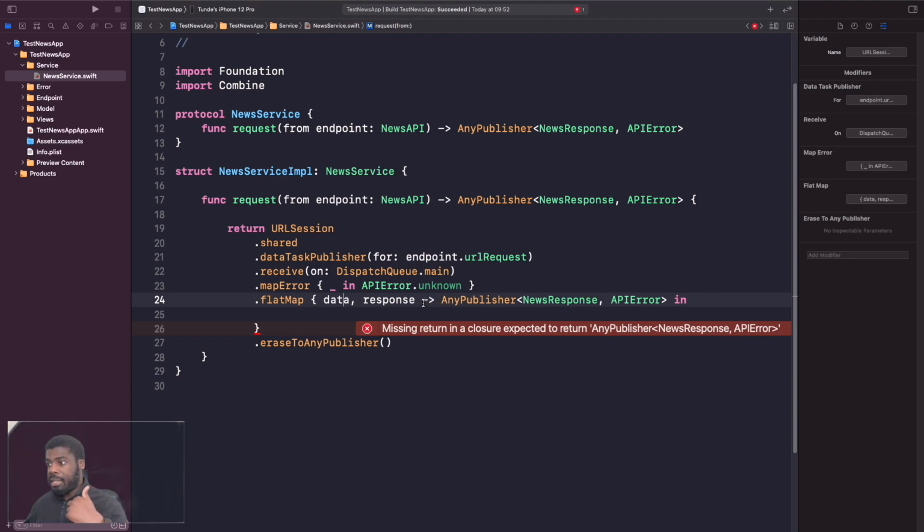And as you can see here, the flat map is expecting us to return a publisher. That's why we're getting this error here, because we need to actually fill out some stuff here, but this is just the base. We're still going to add on top of it. So essentially, the publisher expects it to return either similar to what we have before, the news response and error API. And you can see here, finally at the end, we actually erase this to our publisher. So essentially what we're saying here is the value that we get back, we just want to convert it into a generic publisher that you can send back, and thus